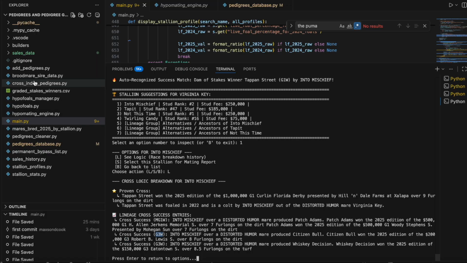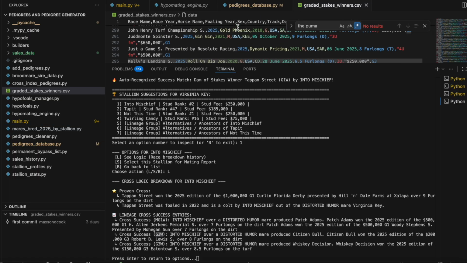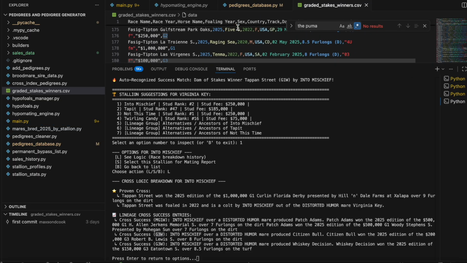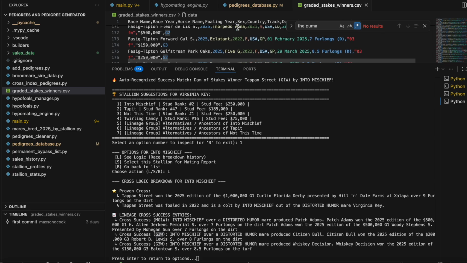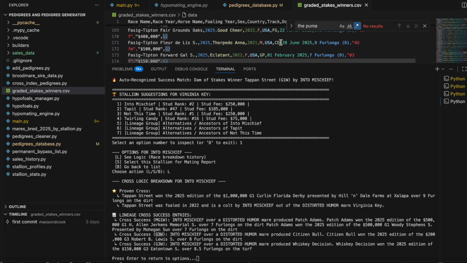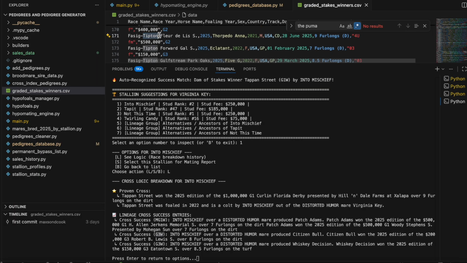Because I have not yet compiled all the data, this is what it's looking at, and this is only for 2025. But just to give you a sense of how this works, it sees the race name, the grade of this race, the horse name, so Torpedo Anna, and then here it's looking for dirt. So if I